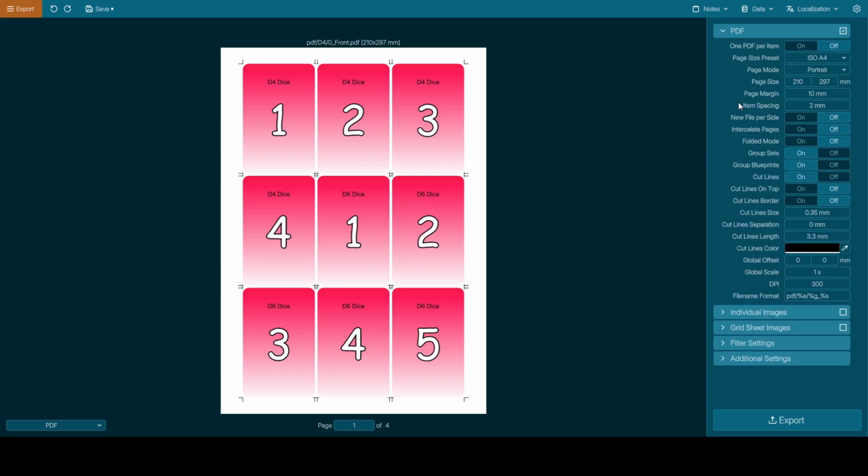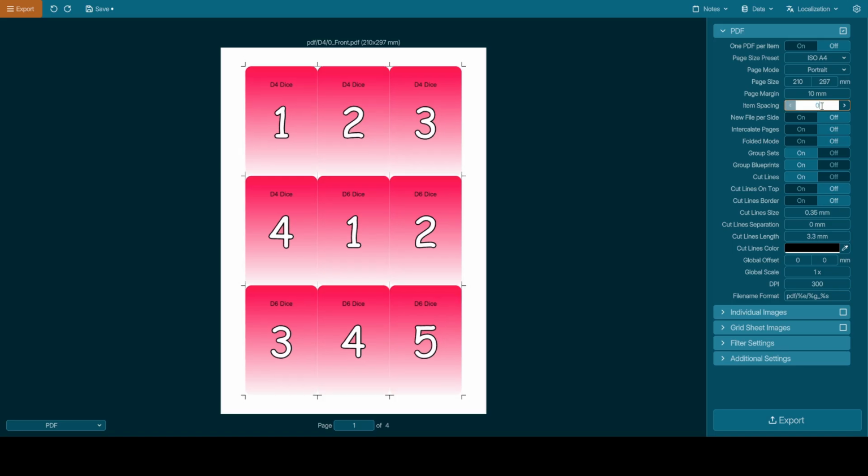This is about the default look. So what I want to do is that I have space between images basically zero, so I can just use one cut there. And I usually like to make these cut lines a bit larger so that I can easily see them when I'm cutting cards. And this is pretty much it.